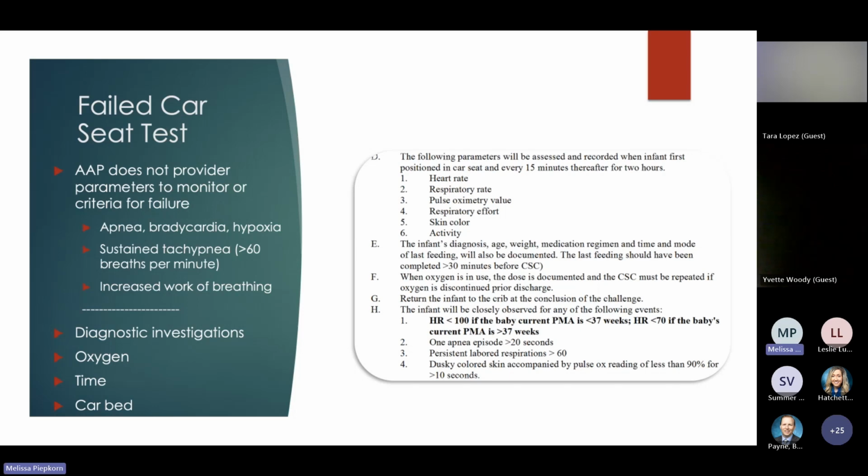The other thing that is an option, and we really try to steer away from it, is a car bed. A car bed is exactly what it sounds like. It's almost like a little bassinet that's made to be strapped into the car, that the baby can lay supine in, and it gets you away from that semi-reclined position. Those are challenging, and they are talked about in the AAP, but remember, like I said before, it's not just